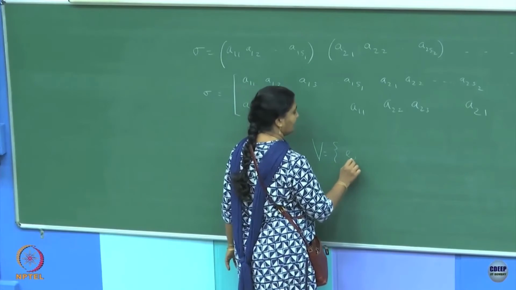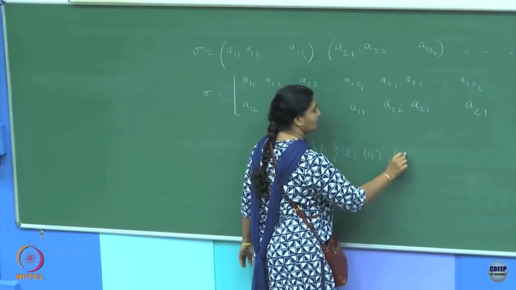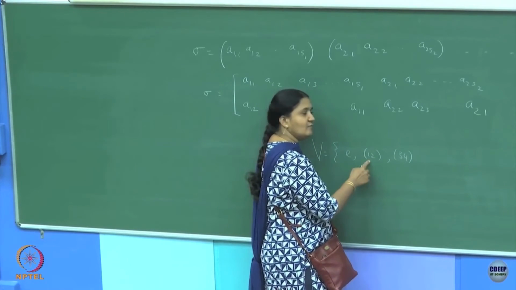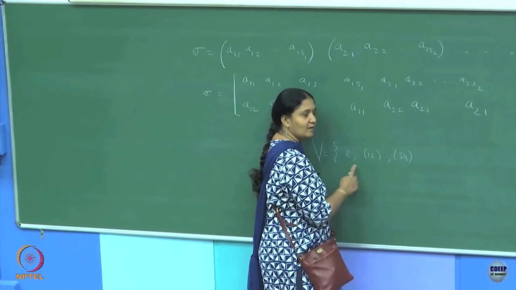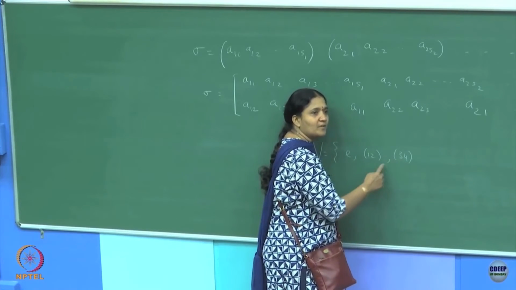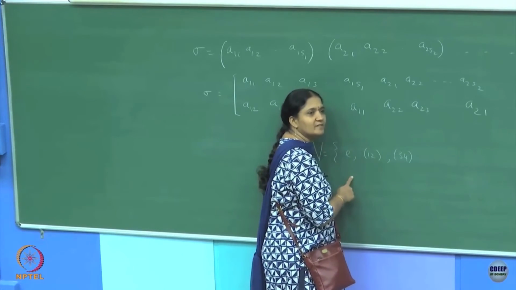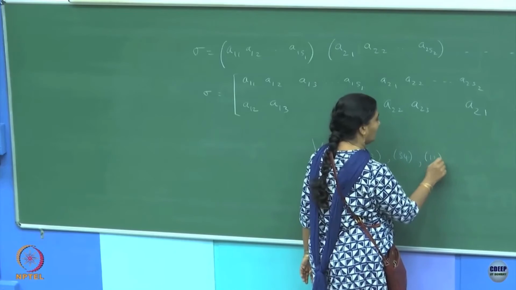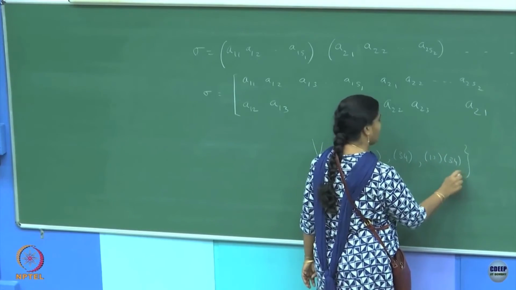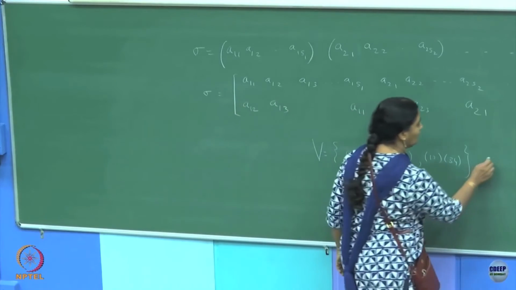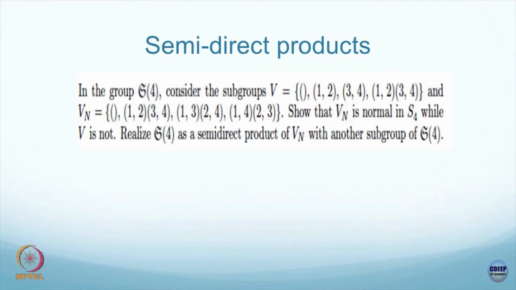The set should be, if you write V as identity, 1 2, 3 4, is this a group? It is not a group because of inverse, 1 2 squared is identity, it is okay. 3 4 squared is identity, but I should also allow properties where I multiply arbitrary elements and it should be in the set. That will not happen. So, you will have 1 2 3 4. Anything else? This square is also identity. So, this is definitely a subgroup of your symmetric group of degree 4, right.